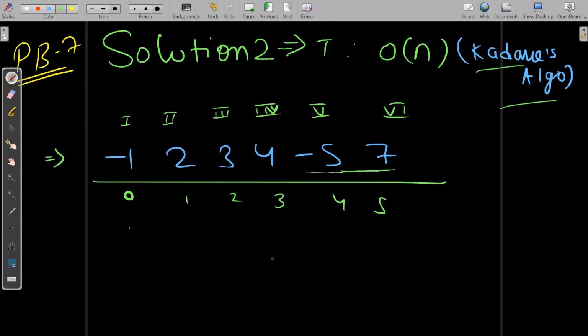Now whenever a new family generation starts, that generation will think whether I should keep my own money. Now suppose these values are money. They will think whether I should keep my own money or I should add my money with my previous generation. Now suppose this second generation has money equal to 2. Now why should it add its money with -1? Suppose the first generation is in loan, that's why its value is negative. If it does that, then it is going to have a value 1, which is not good, so it will start its own. Similarly this 3 will add with 2 because it is going to have profit.